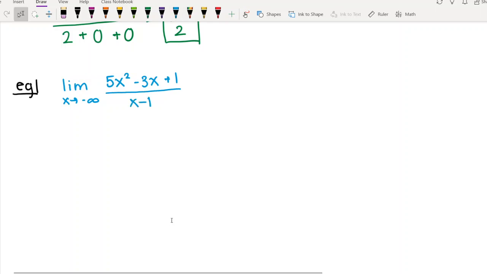This is an example where you have to be careful and make sure that you're dividing by the highest power of x that is in the denominator. We're not going to divide everything by x squared. If you divide everything by x squared, you'll basically get stuck. So instead, we're going to divide everything by x. That's our highest power in the denominator. So we're going to go through,